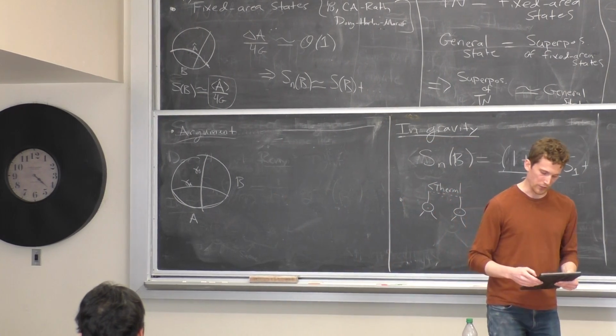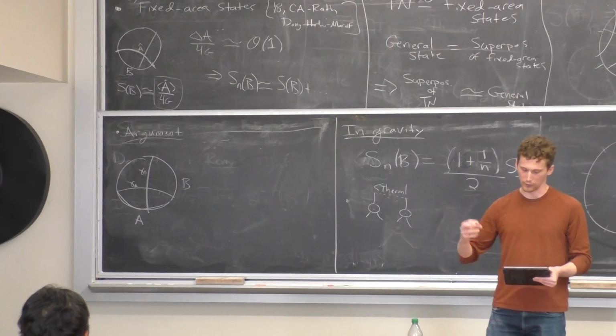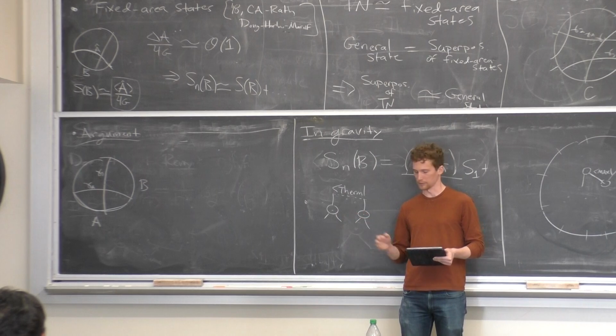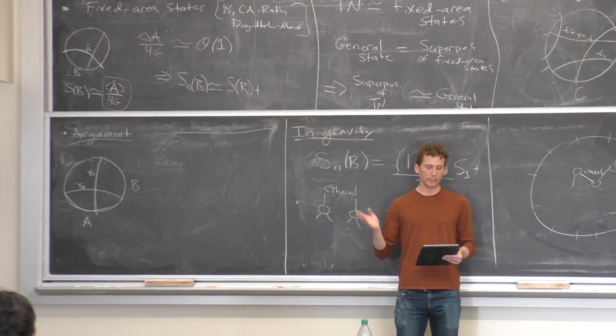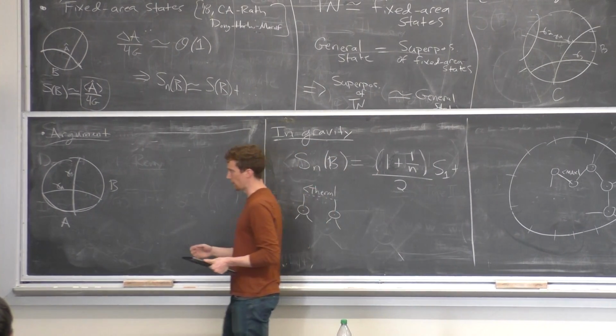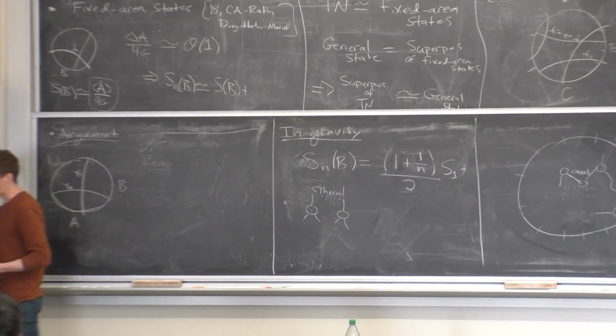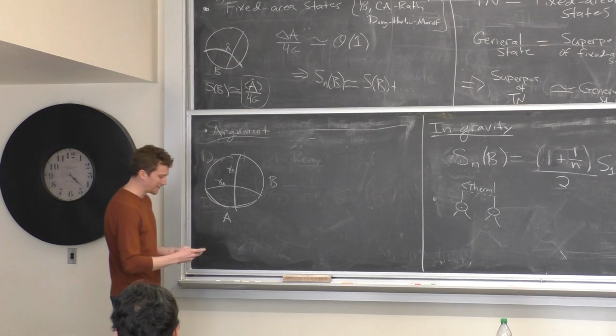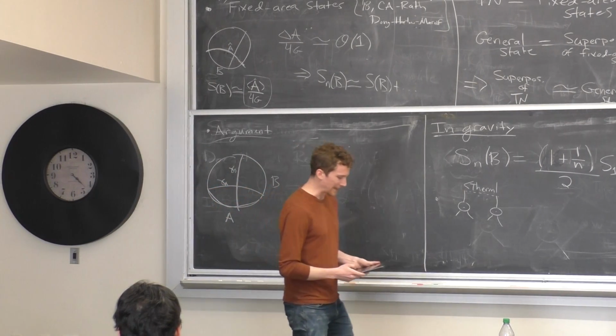Because you can't fix the fluctuations of one without blowing up the fluctuations of the other. So the areas don't compute. So again, we're faced with a situation where tensor networks seem like they're not modeling something that gravity does. And your first thought might be, again, okay, tensor networks are limited models and can't get this feature, time to